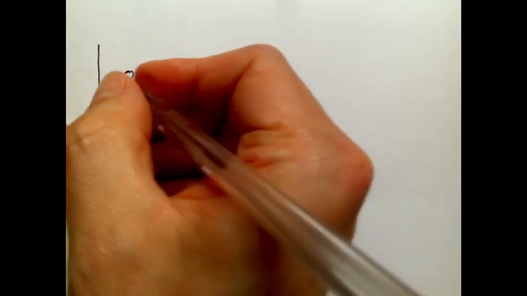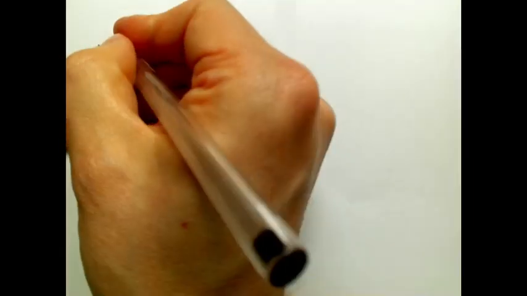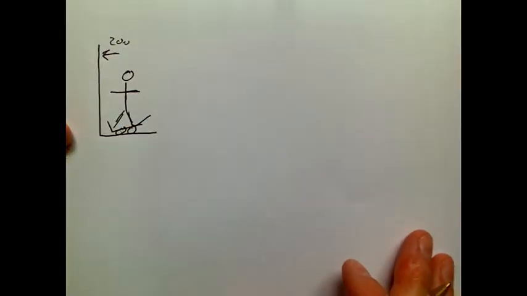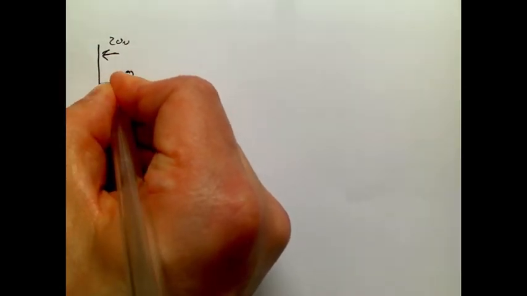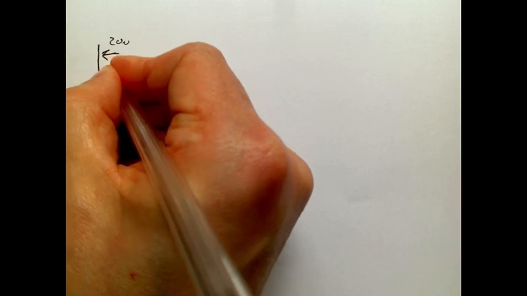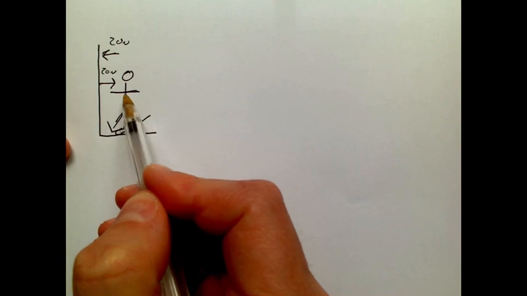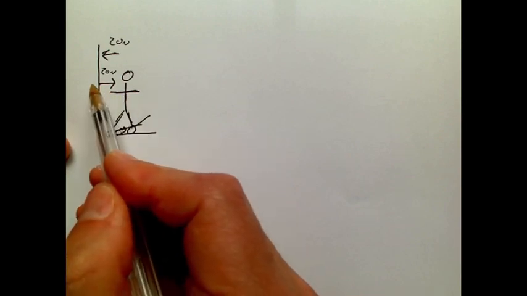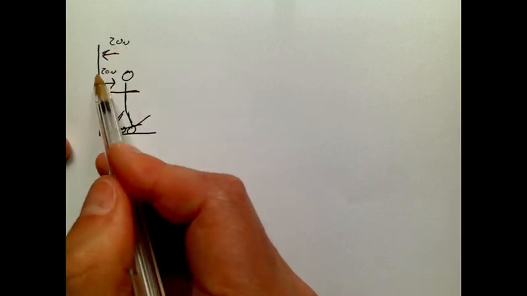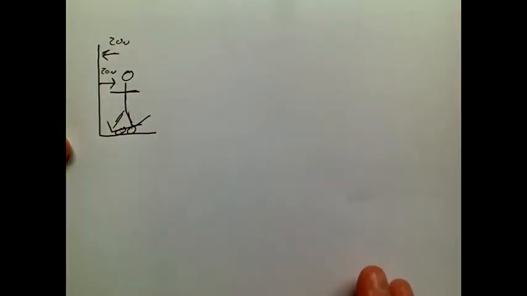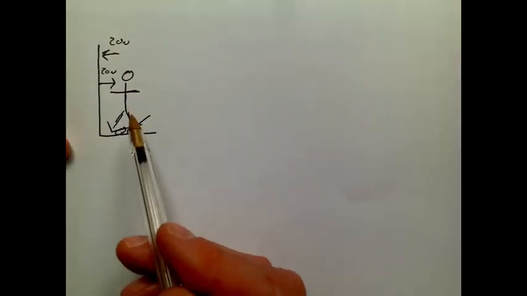That person is going to push this wall, and let's say they push them with 20 newtons. If you push a wall with 20 newtons, the wall, according to Newton's third law, will push you back with the same force, 20 newtons. Two objects, the skateboarder and the wall, interacting, they're touching, and the forces they exert are equal in size but opposite in direction. This isn't entirely true for the situation though, because that skateboarder, when they push a wall, is